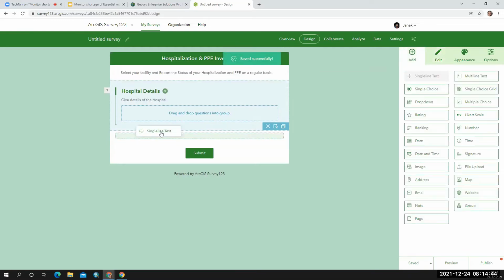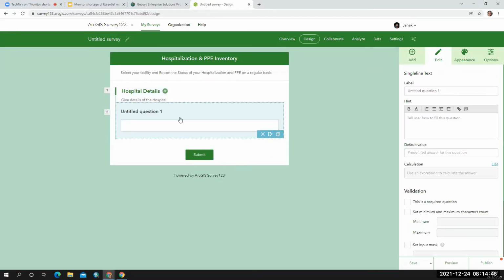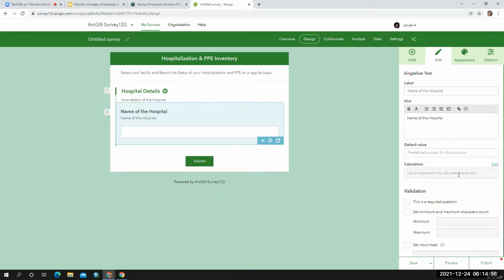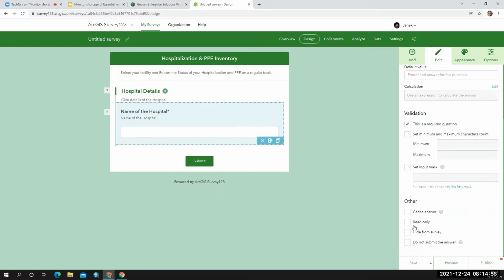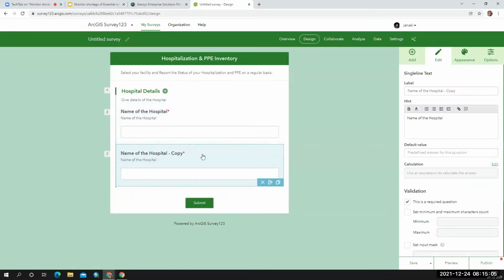So here I would like to have basic details like name of the hospital. This is a required question. Okay, so here I'm just duplicating this. Address of the hospital.